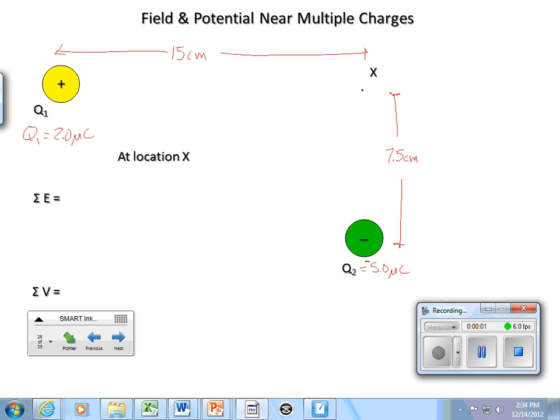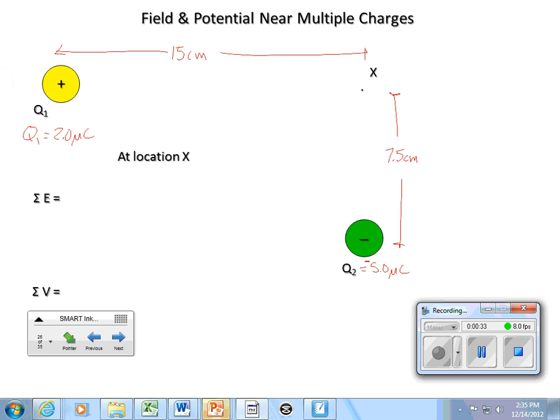Okay, so now we go to a question with a couple of charges, and we still need to be able to find net field, and this now new net potential. Net field we already know how to do. You'll notice that I picked some distances and some charge values just so we could find an answer. So net field, I'll start by drawing